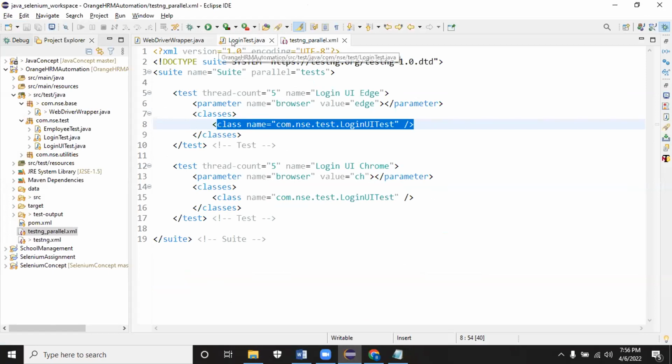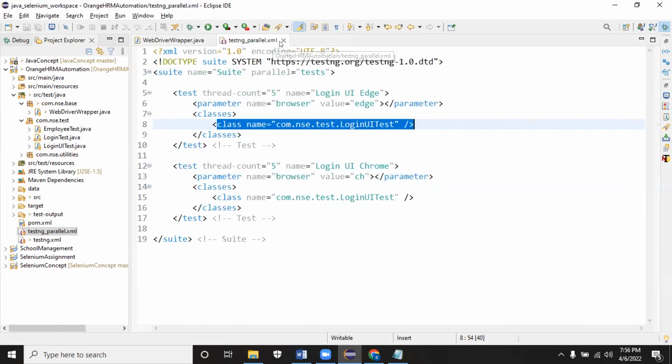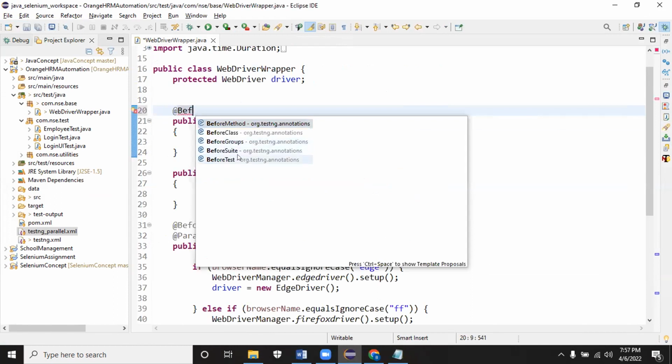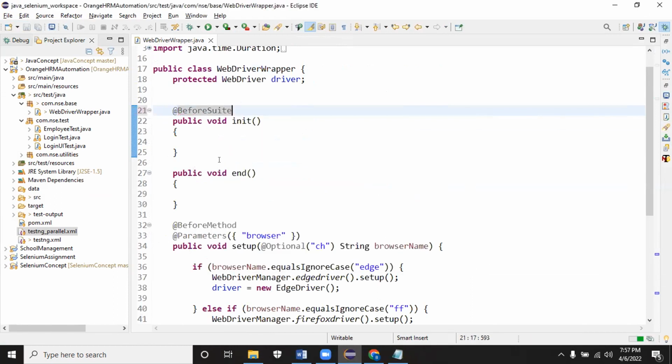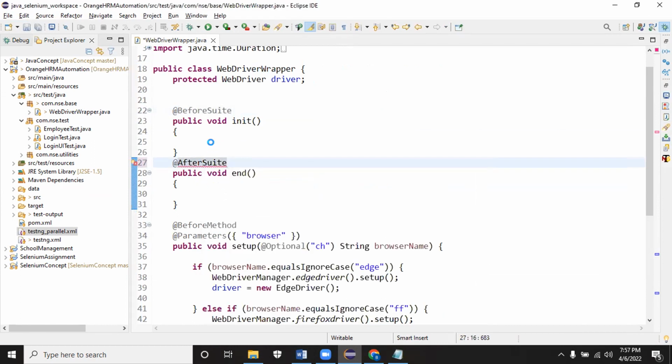So which one do you think should work here? @BeforeSuite, and then @AfterSuite. This will run only once, at the beginning and at the end.